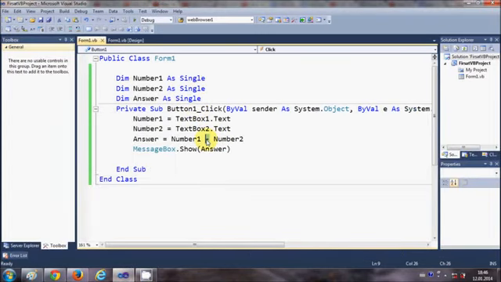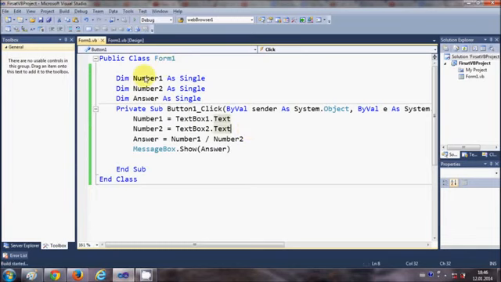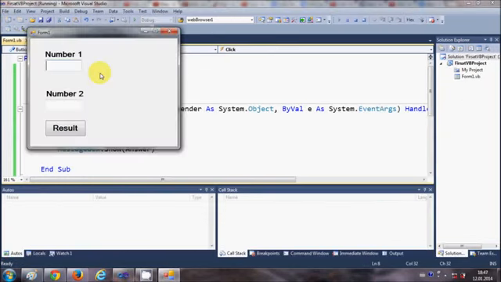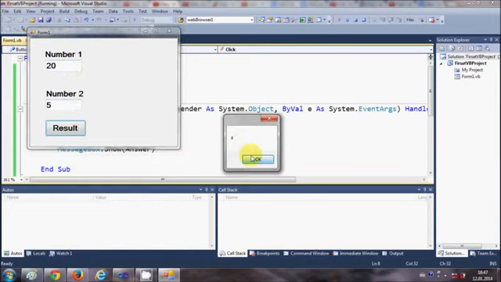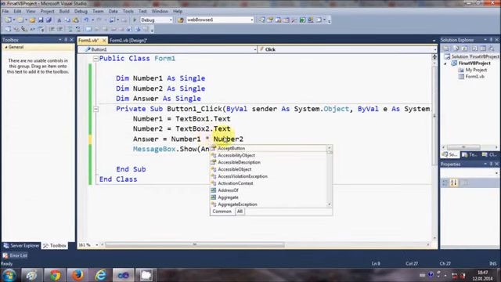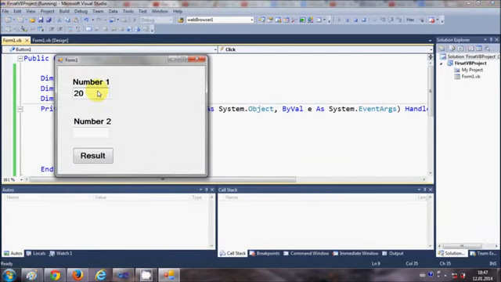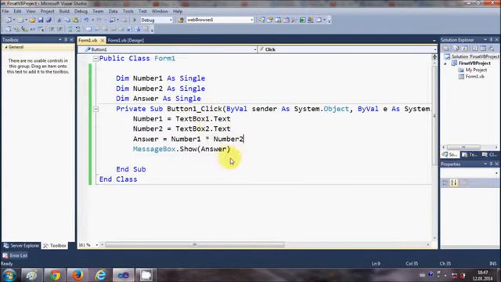Now for example, you want to divide, just give this divide sign and now run the program. And first number is 20, second is 5, result will be 4. Okay, it's working. And for multiplication, just give this asterisk here and run the program, and 20 multiplied by 5 will be 100. Okay, so in this way you can